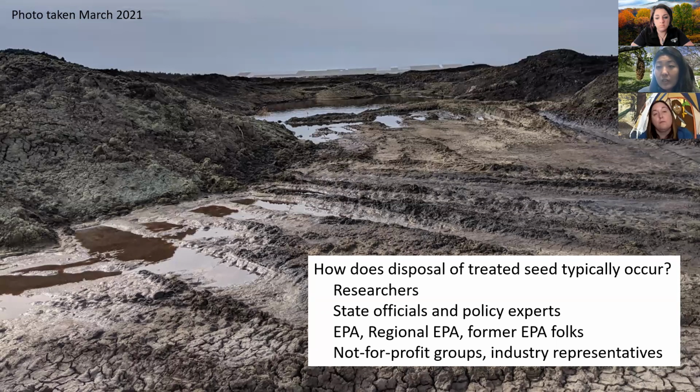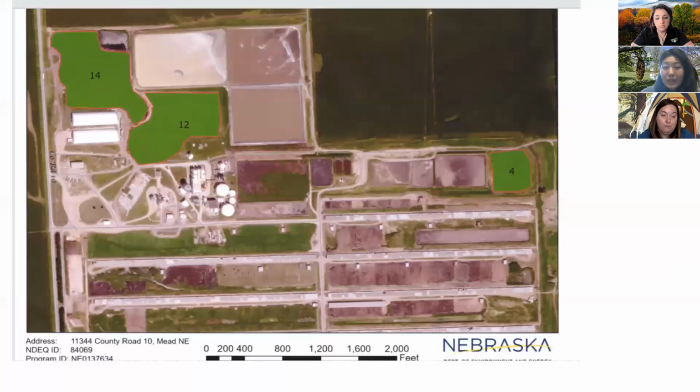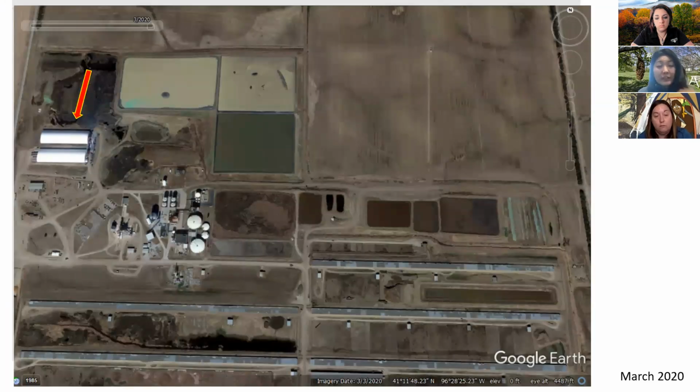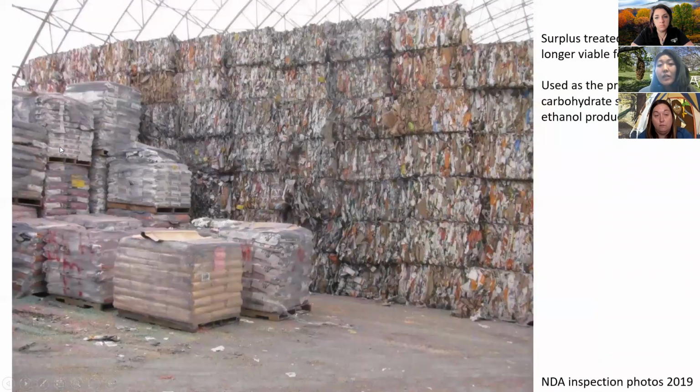So the question really is what happened before Altent and what is going to happen after Altent? And there still really isn't a lot of answers here, unfortunately. From the sky view, you can see that the wet cake piles were in 3 stockpiles for several years. And even from this satellite image, you can see where the hoop houses were containing large supplies of this surplus